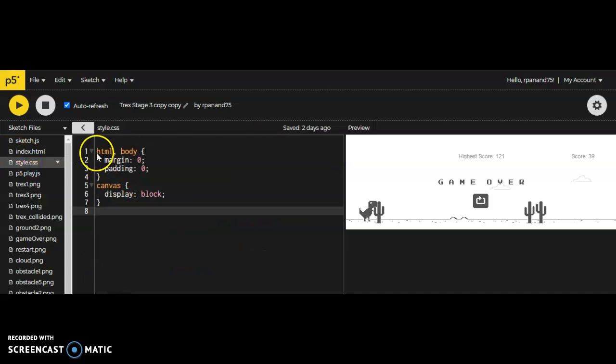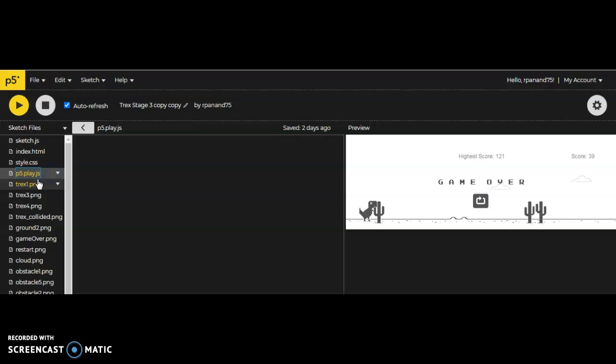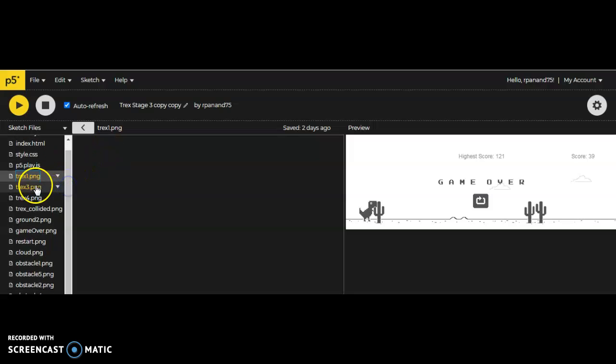Then style.css, p5.play.js, and tx1.png. Here the png is not loading now, but in the game it's loading. Okay. T-Rex3.png, T-Rex4.png, these are all the images, and you have to store these images in the sketch